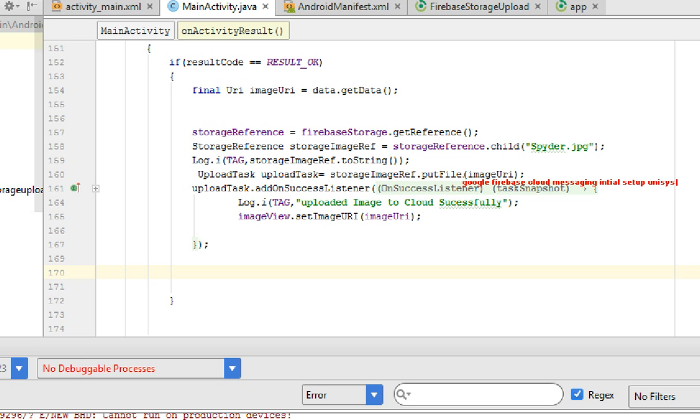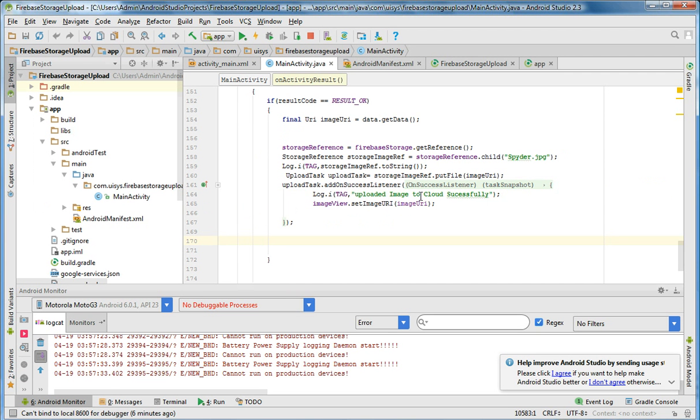You get this video, go through it and do the initial setup. Then this will integrate it into this Android app. Once it is integrated,